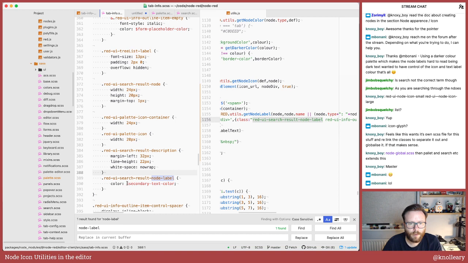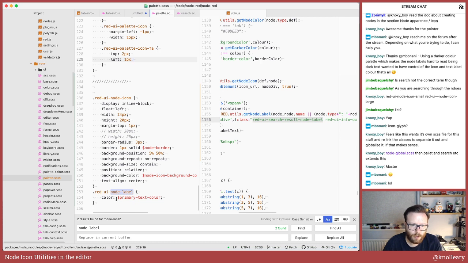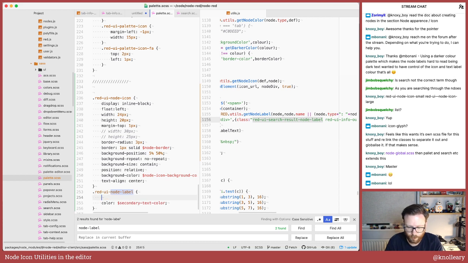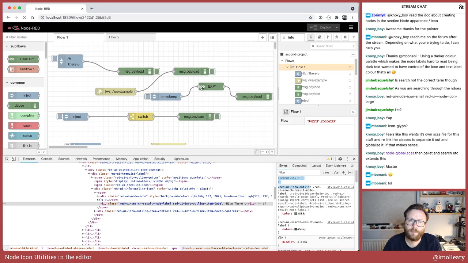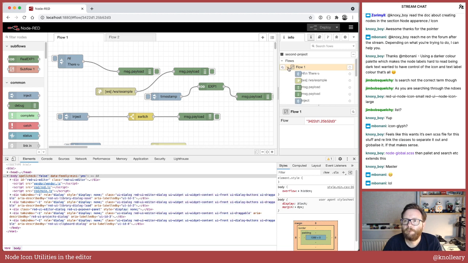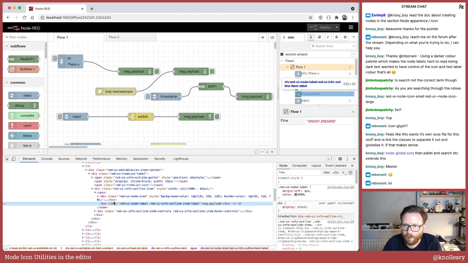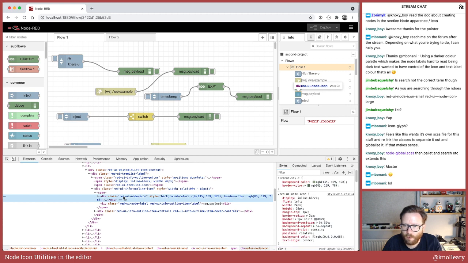Yeah. Secondary text color. What color did I have it? I had it primary here. Okay. Secondary text color. And we're going to give this a margin of, say, 3. No, we want to give it a margin left 3. This one we set back to ready by node label. Right color, no padding, or no margin I should say. Is that because